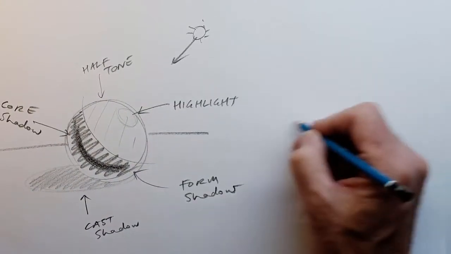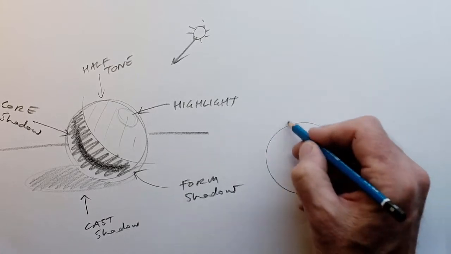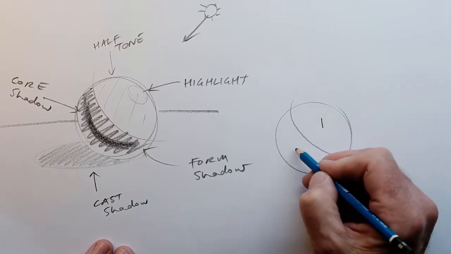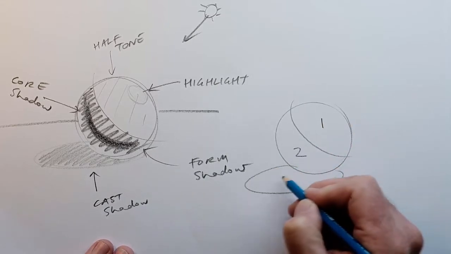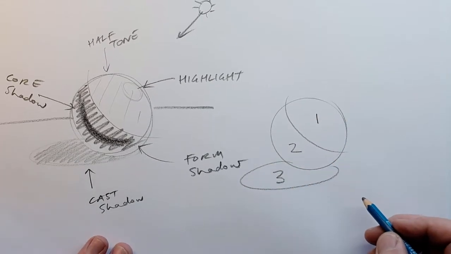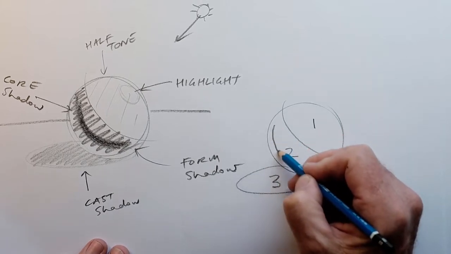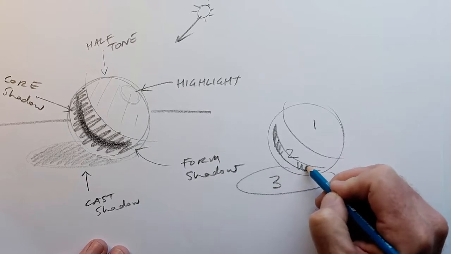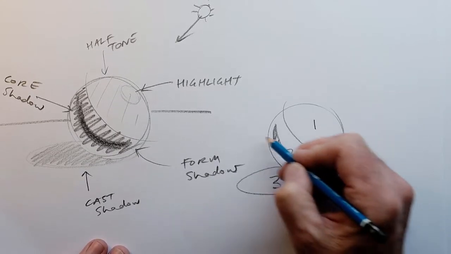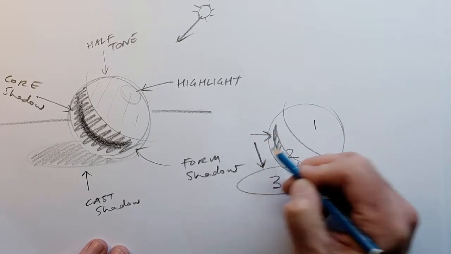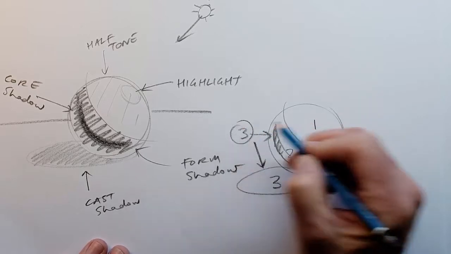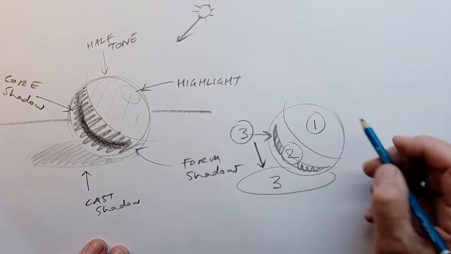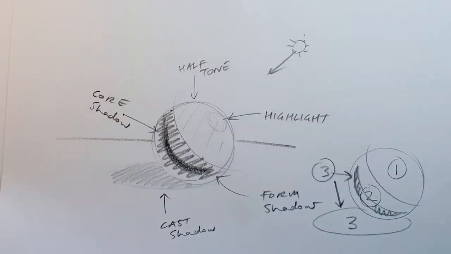So a sphere, you can think about it like this. You've got sort of the brightest value on that side, the medium value, and then the darkest value maybe on the shadow, and perhaps also in the core. Right? So the core and the cast shadow might be a 3 value. This might be a 2 value, and this might be a 1 value. In other words, just like we did here,